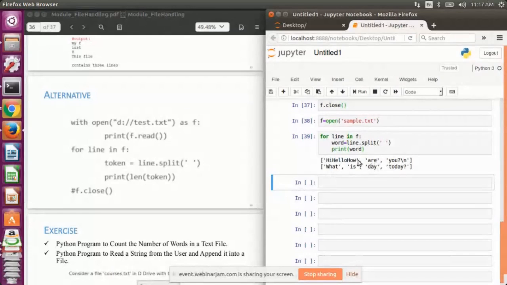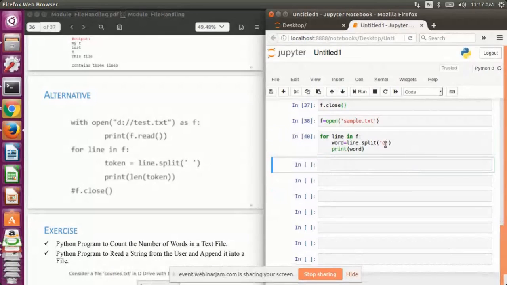Suppose I use the delimiter as o instead of space, and if I run this and print the word, okay, let me first run it. First f.close.